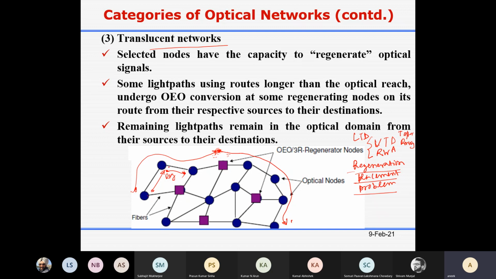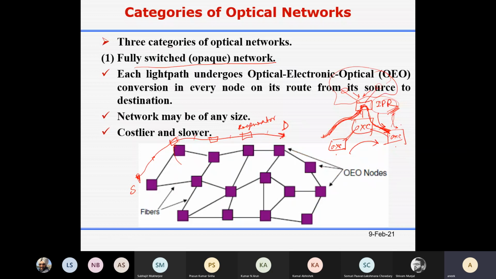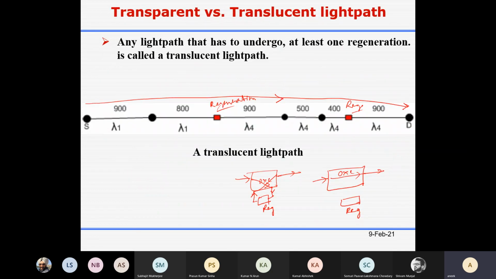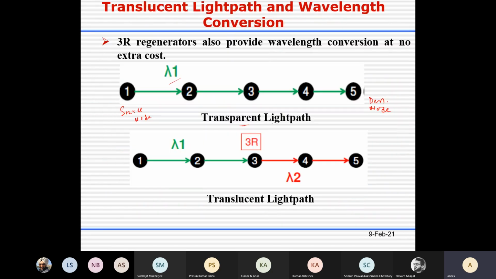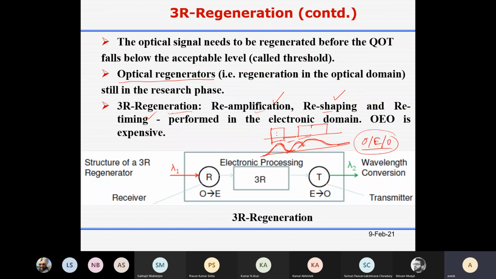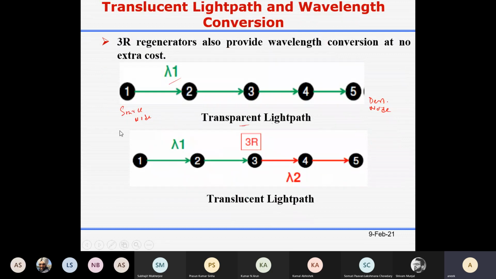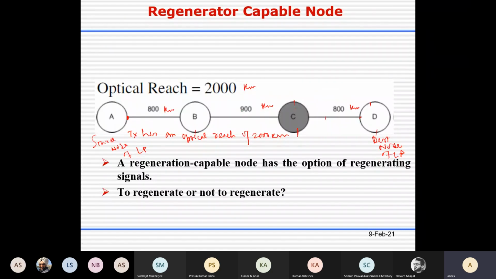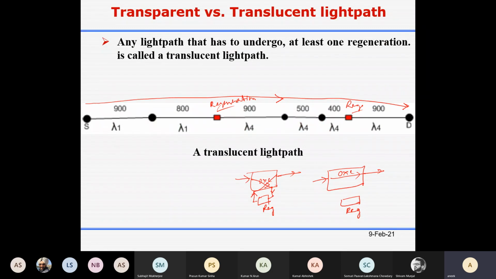So this is an opaque light path. They use it. Translucent light path, this term they have used.